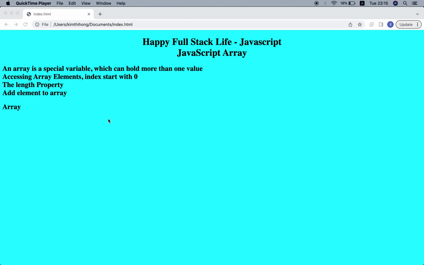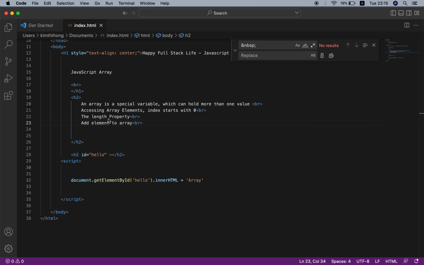Now we come back to the index HTML file to demonstrate the array.